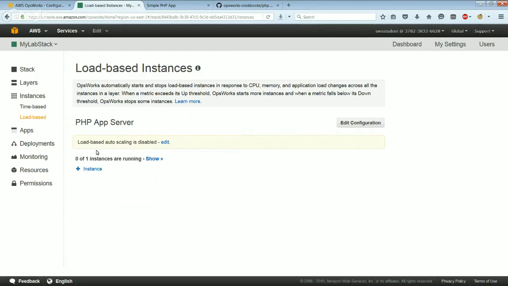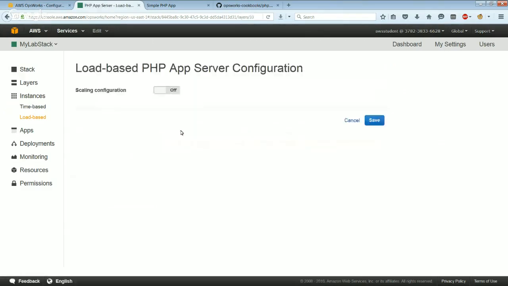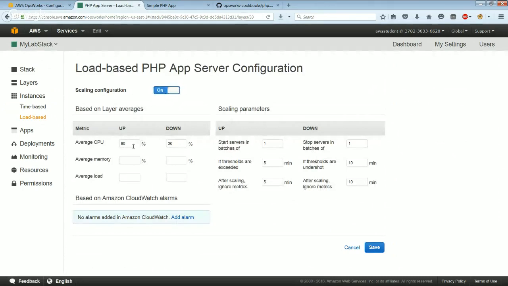And now what it says, load-based instance auto scaling is disabled. You can have a look here. So let's click on edit here. Now scaling configuration on, and we can say, okay, 80%, increase it, decrease it, whatever we want to, based on layer average. Scaling parameter, how we want to scale, start server in batches of one, stop server in batches of